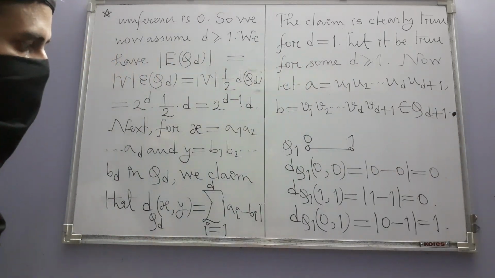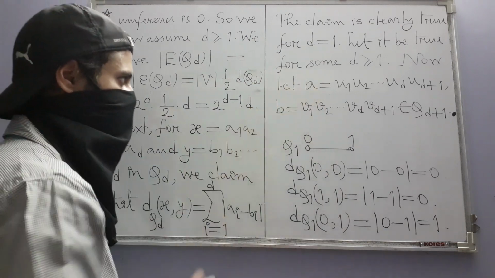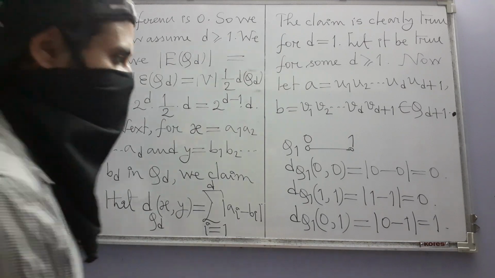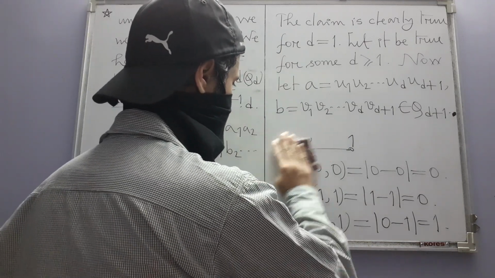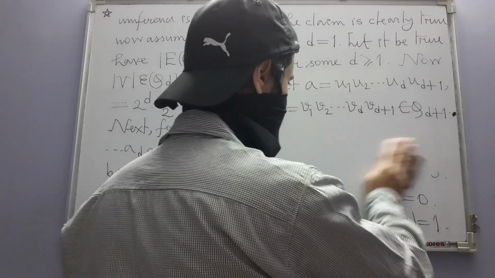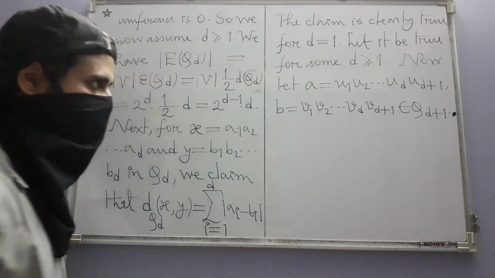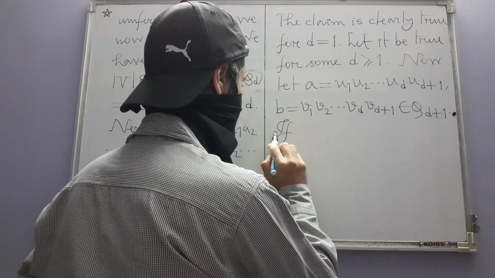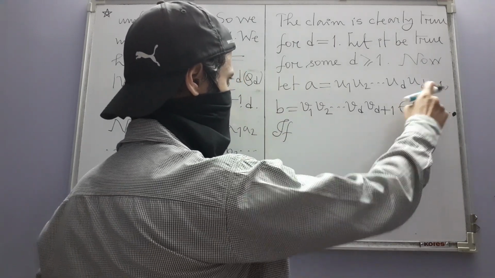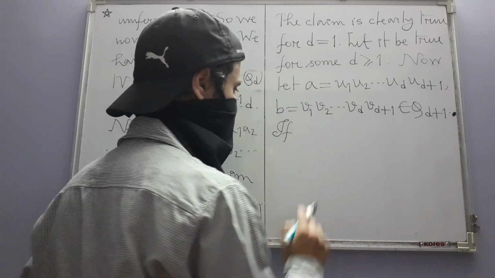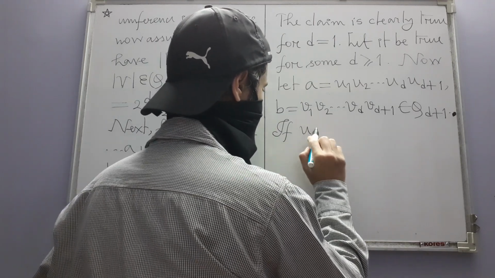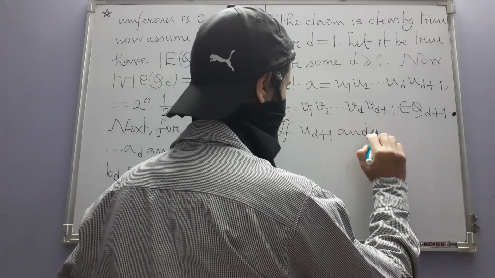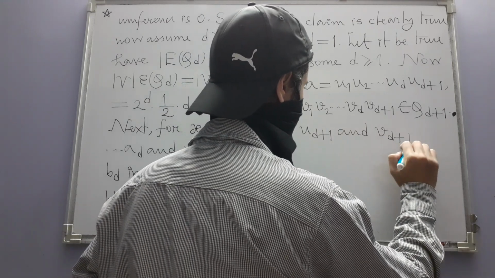Now we have to verify that the same is true for the distance between a and b in Qd plus 1. And now two cases arise. It may happen that the last two digits are the same, if ud plus 1 and vd plus 1,